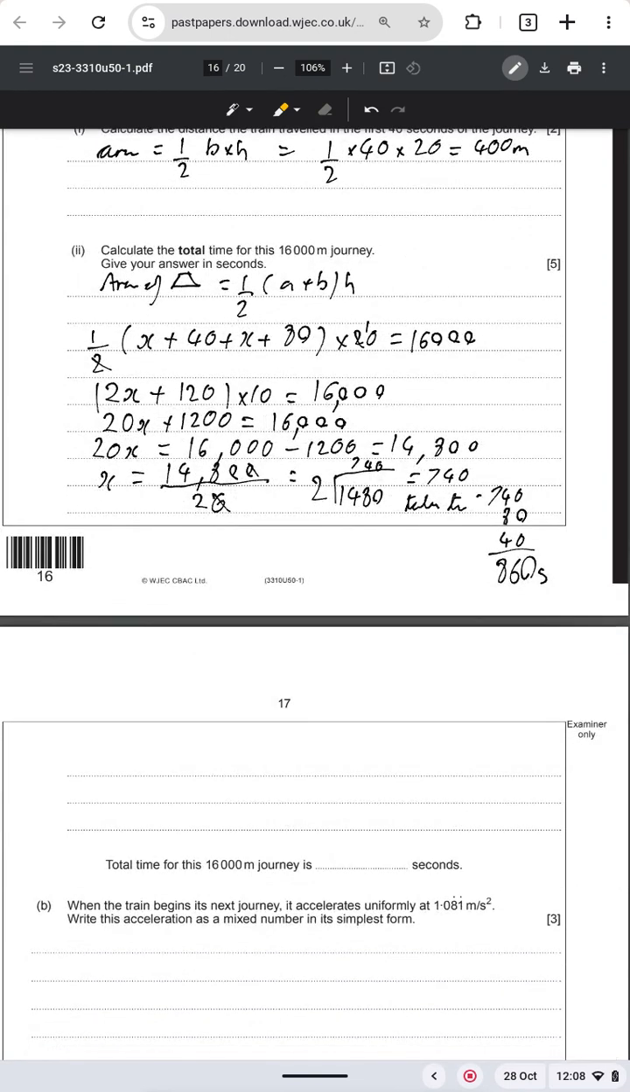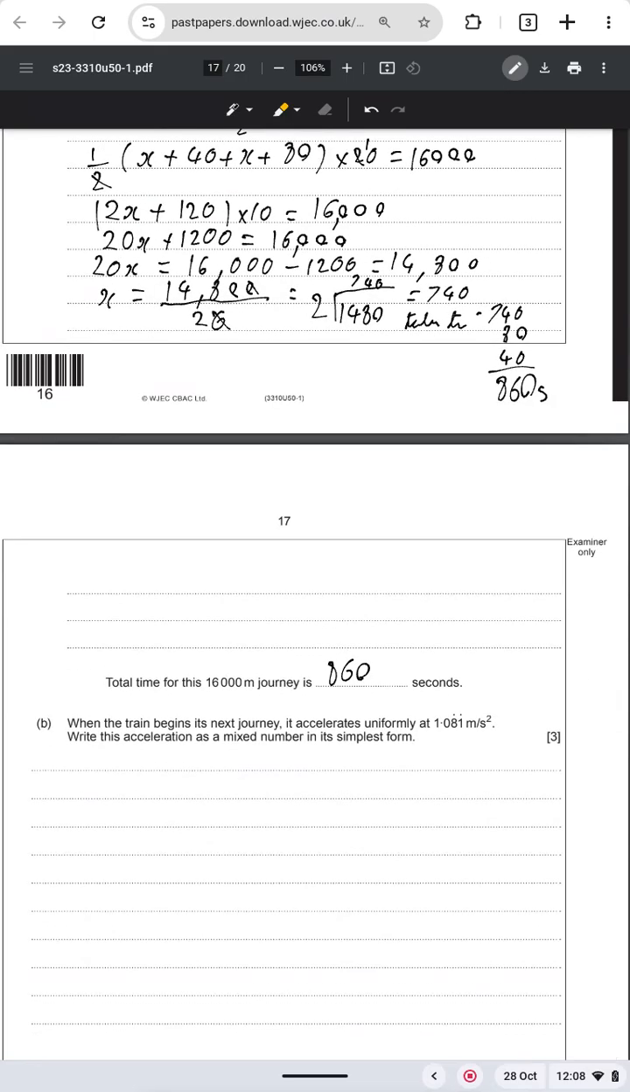Oh, there we go. We could add more space below, so we could have done that down there. When the train begins its next journey, it accelerates uniformly at 0.0181 recurring. Write the acceleration as a mixed number in its simplest form. So the way I like to do this is say that x is equal to 0.08181. I'm going to multiply this by 1,000, say. So I'm going to do 1,000